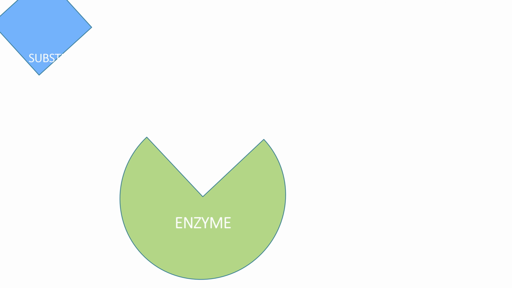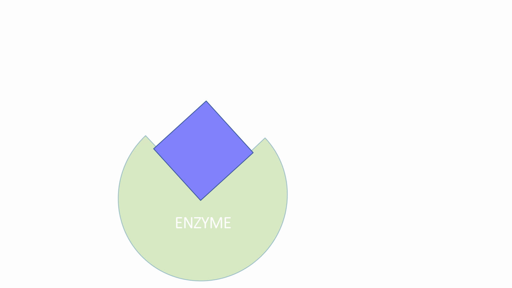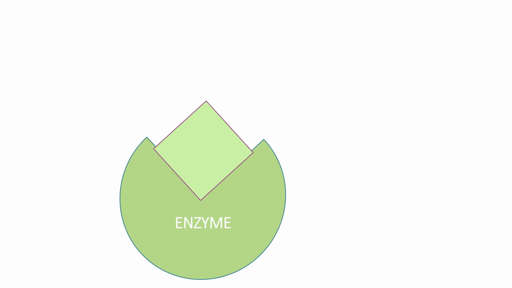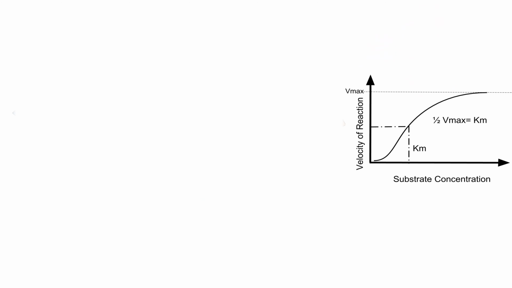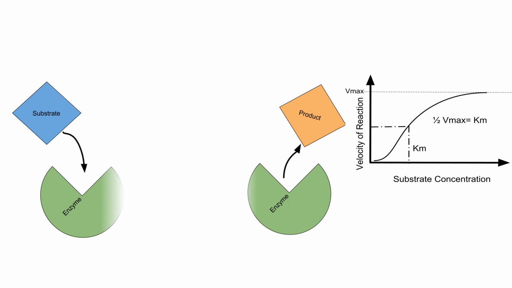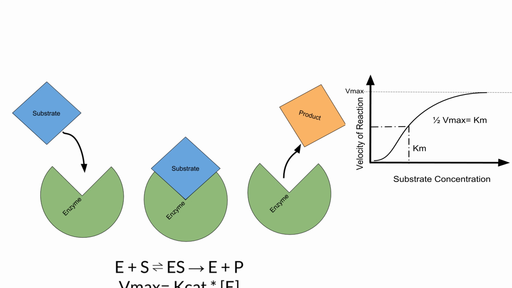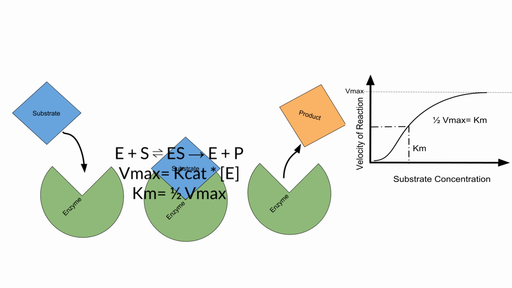For a reaction to occur, the metabolite has to find and bind to the active site on the enzyme, where the enzyme facilitates the reaction and then releases the product. Kinetic parameters are obtained according to Michaelis-Menten kinetics, where Km can be interpreted as how tightly a metabolite binds to